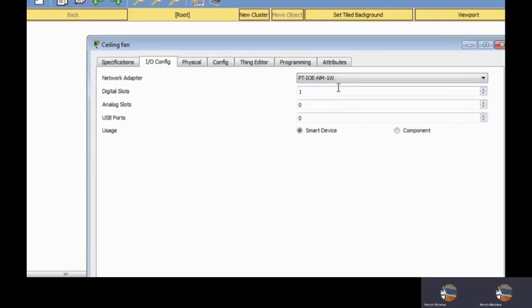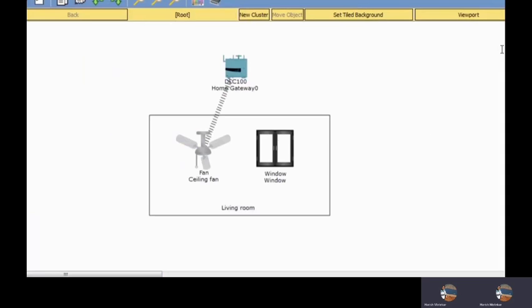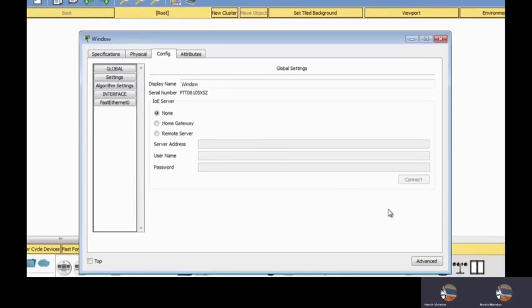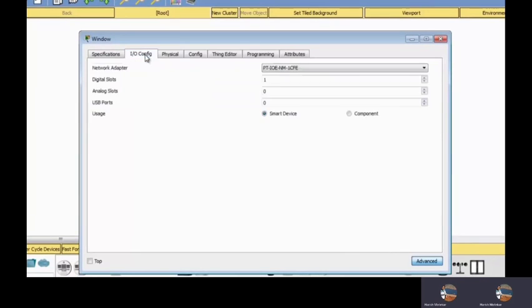So this is for wireless connection. I close it. Similarly, you can see it is connected with our home gateway. Then I will do the same thing with the window. I'll go to the advanced and config and change the network adapter settings.